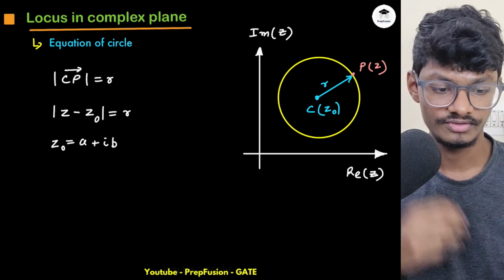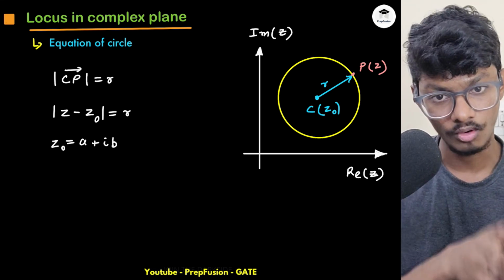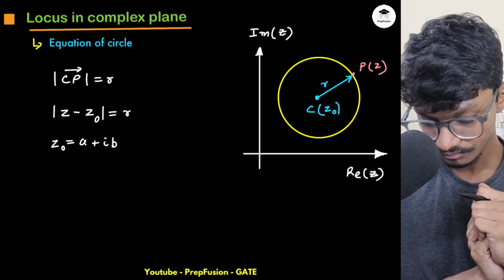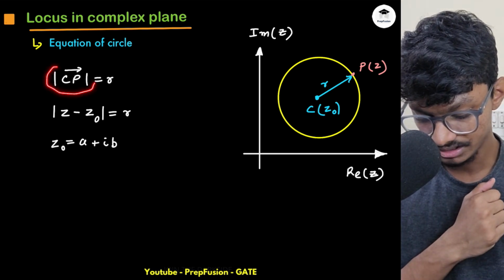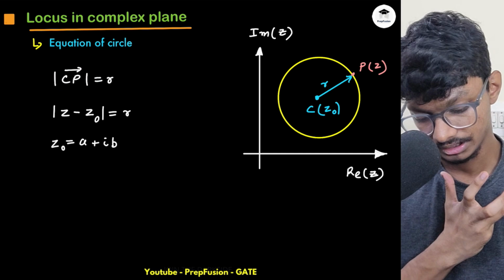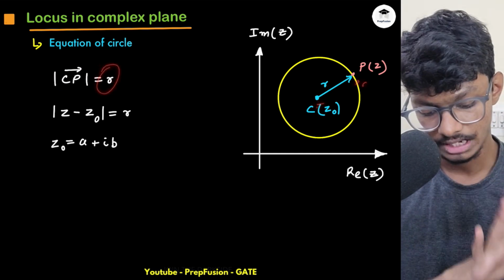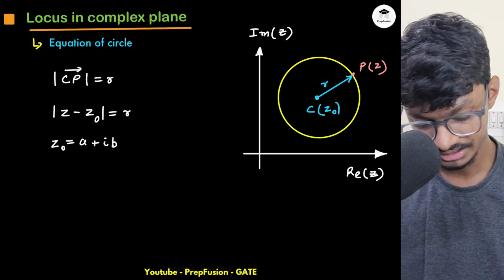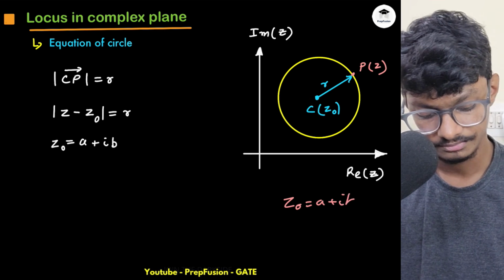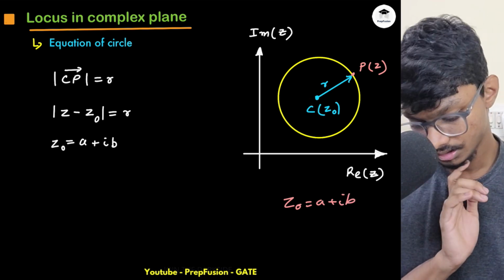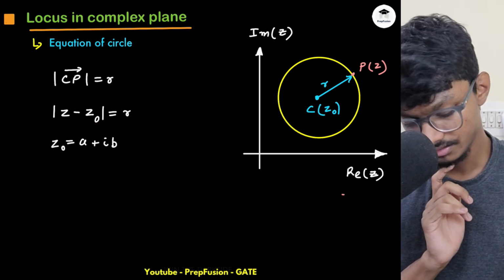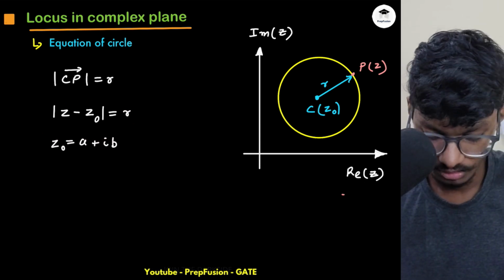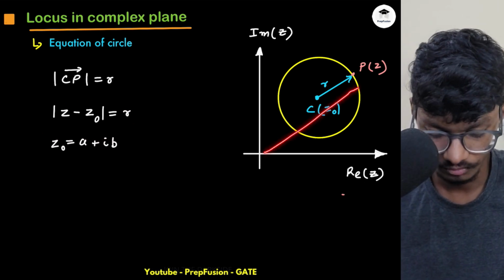Now can I write the equation of a general circle whose center is not 0, 0, whose center is lying somewhere else? How can I write the equation of a general circle? So what you can do is, what is the magnitude of CP? Let's say CP is my radius, which is r. Okay, and my circle is not lying at 0, 0, it is lying at some center z0, and the center z0 I can represent like this: z0 equals a plus ib, some constant value. Now z0 is already written over here. If z0 is this, then what I can write is this, right? The distance, if I take a point over here,